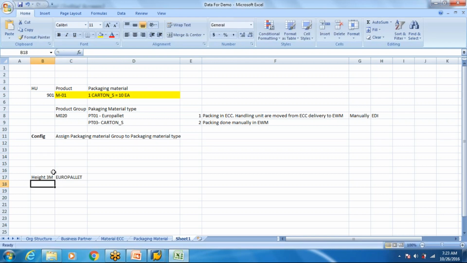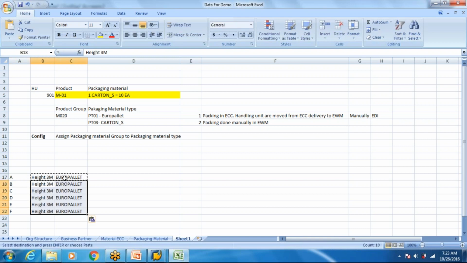Okay, so let's say you have 5 products, A, B, C, D, E. All have a large height and can only be stored, because of their height restriction, in a Euro pallet. Now these products cannot be stored in a carton because a carton has a height of, let's say, only 1 meter.